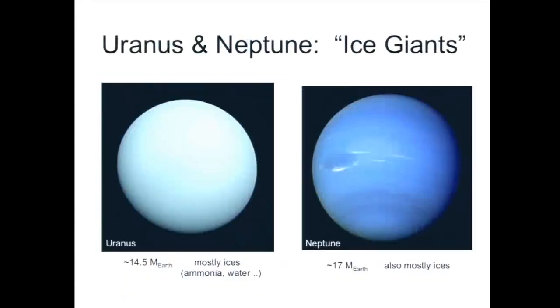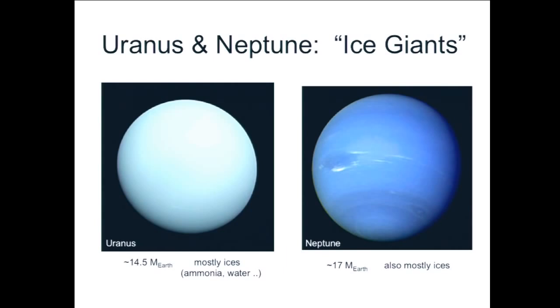So what about as we move to the outer part of the solar system? Uranus and Neptune are examples of what are called the ice giants. They're actually, in some ways, between Earth-like planets and Jupiter-like planets. They're made mostly of rock and ice. So they're made kind of like the Earth, of mostly solids, but they just have the additional solids available in the outer part of the solar system where the ices were in solid rather than gaseous form.